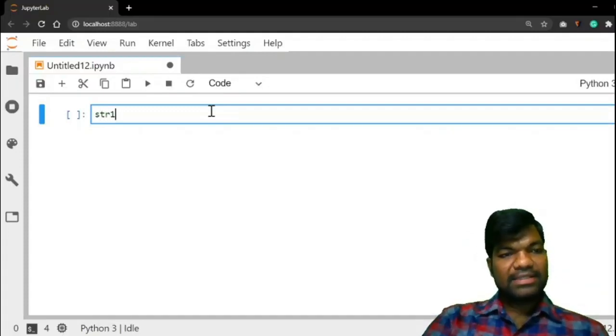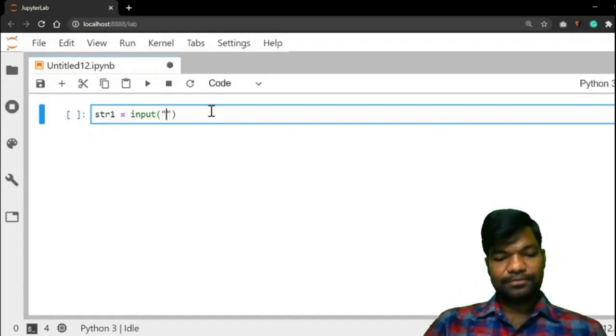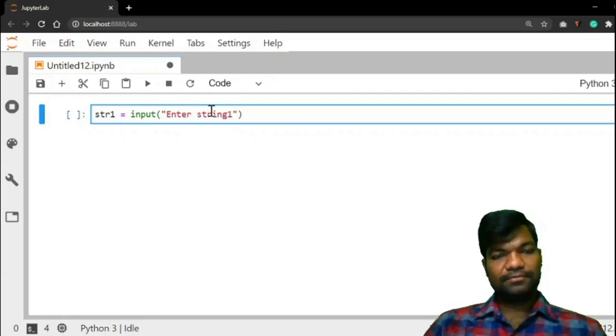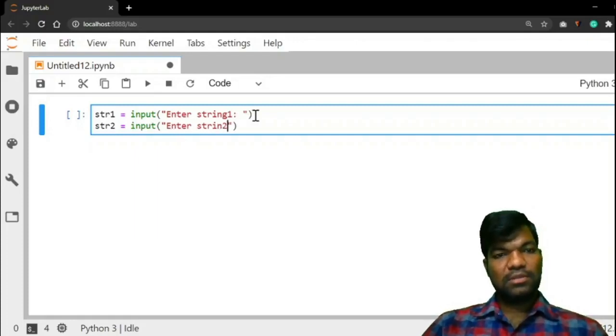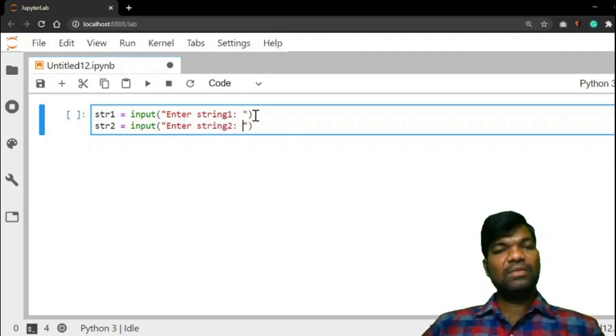Take str1 equal to, we will collect input, enter string 1, right? Similarly, str2 equal to input of enter string 2, right?